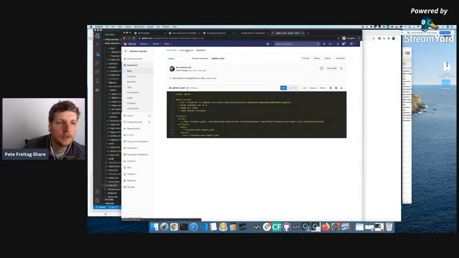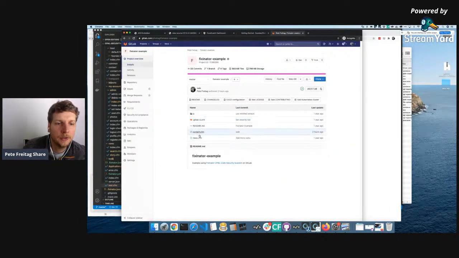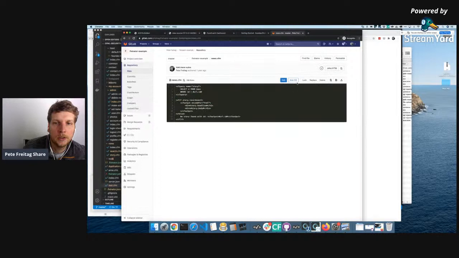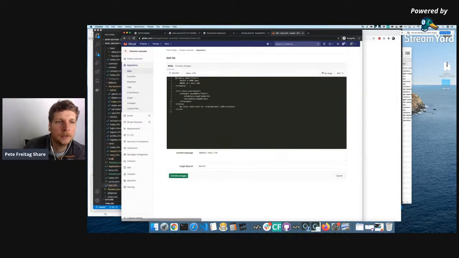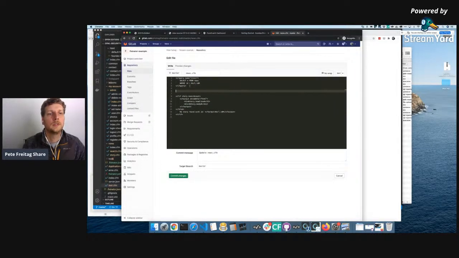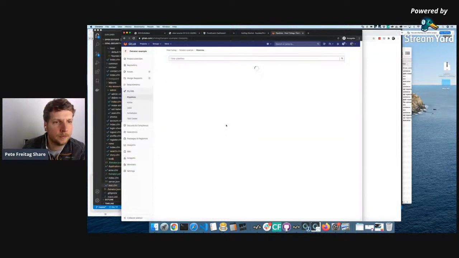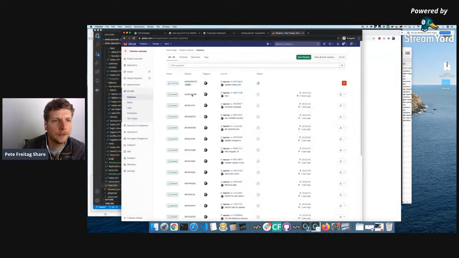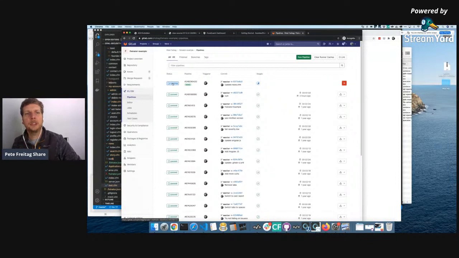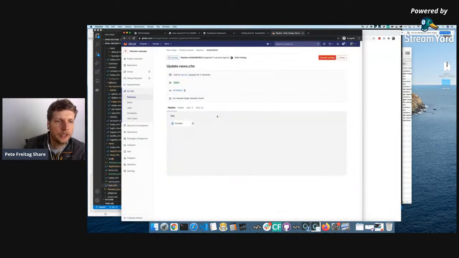So for example, if I go here and I just edit this file, commit changes, what we're going to see happen is, so now it's running that file that we just showed you. It's actually going to execute it, and so Fixinator is running. While it's doing that,